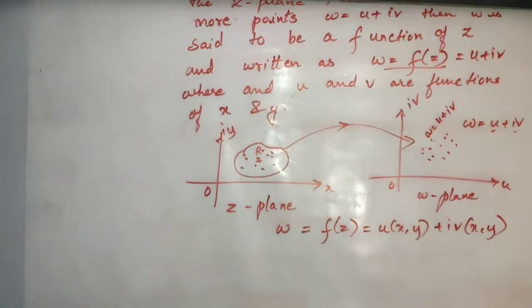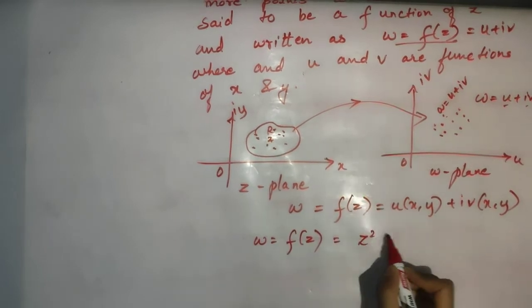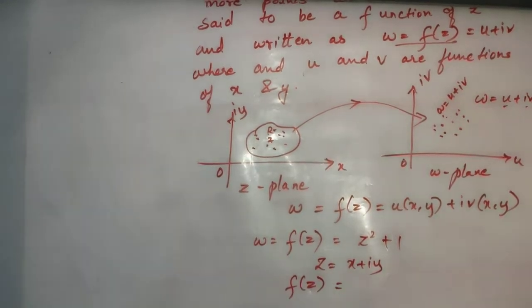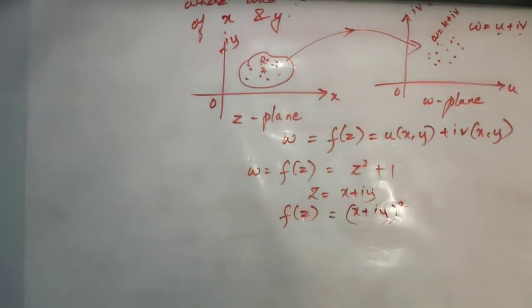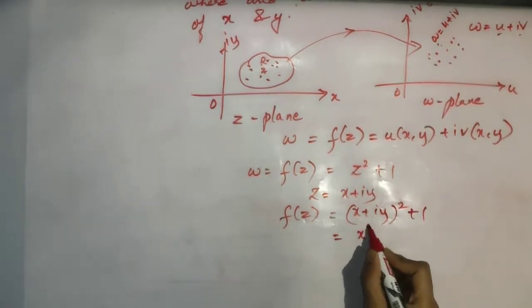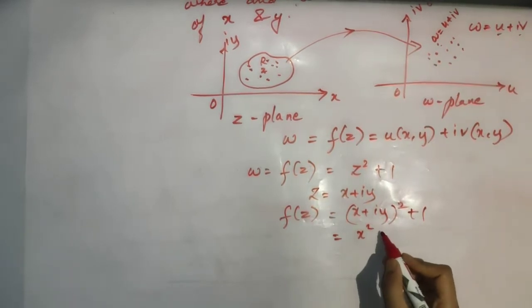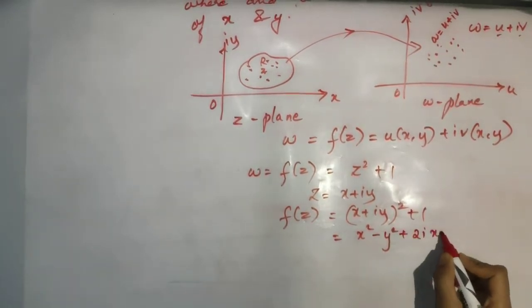So I can give an example for this. Say for example, I am having w is equal to f of z, and the function is suppose z square plus 1. Okay, now if I want to separate, now this is a function, is it not? Now if I replace z by x plus iy over here, let me see what we get. It is f of z is equal to x plus iy whole square, because it is z square, I am replacing z by x plus iy, plus 1, or it is x square expanded by a plus b whole square formula, plus i square y square you get, but i square is minus 1, so you'll get minus y square, plus 2ab, which is 2 times i xy, plus 1.